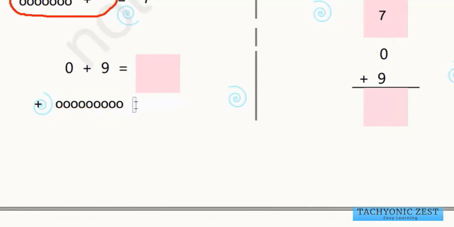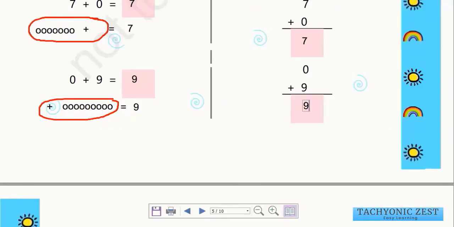So the final answer that we will get here is 0 plus 9. So let us count the total number of balls that we have got here. Here there is nothing. So total number of balls is 1 2 3 4 5 6 7, 8, 9. So the final answer that we get here is 9. So the answer to this question is 9. 0 plus 9 is equal to 9. This is what we just calculated.